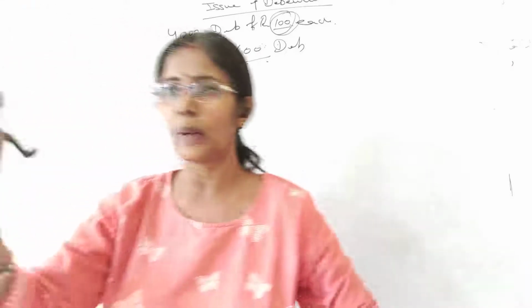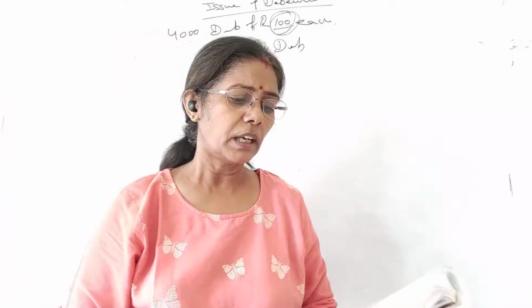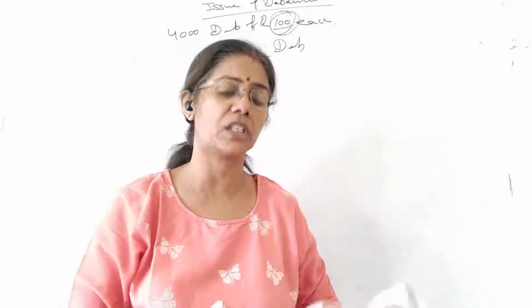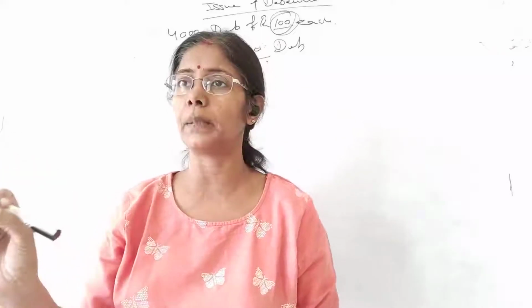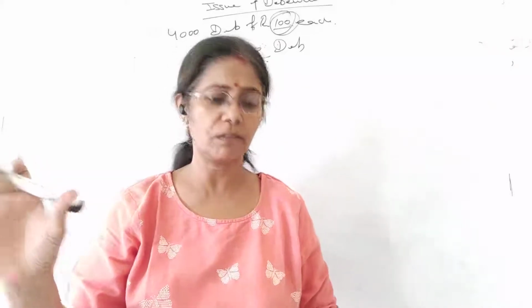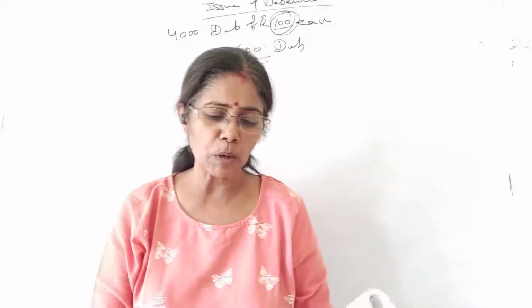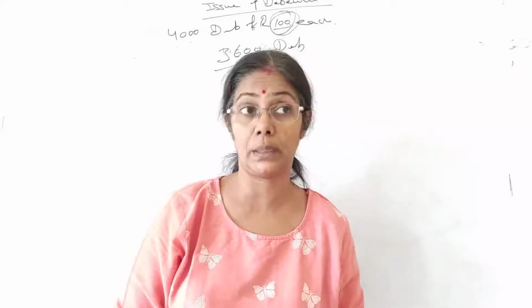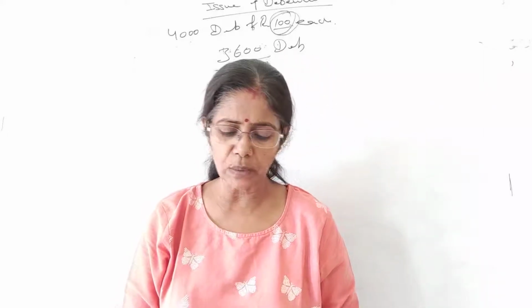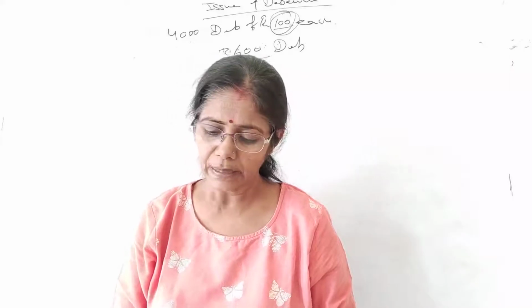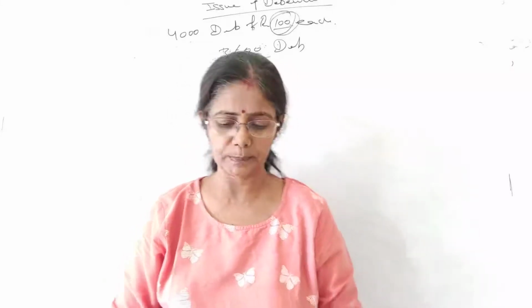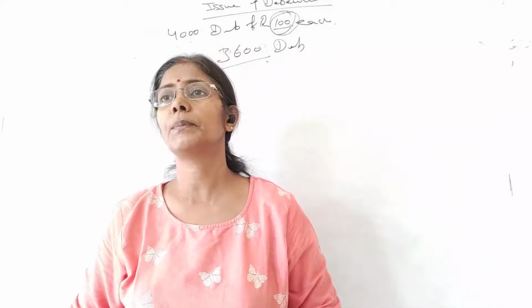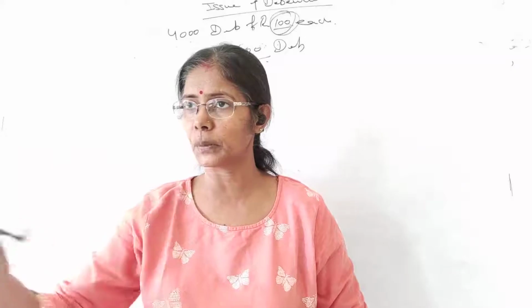So let's take a small question. Illustration number 6. Nav Lakshmi Limited invited applications for 3,000 12% debentures of ₹100 each at a premium of 50 per debenture. Please be attentive, we have 5 minutes only. Full amount was payable on application. Applications were received for 4,000 debentures. Applications for 1,000 debentures were rejected and application money was refunded. Debentures were allotted to the remaining applicants. Be attentive, the statement should be clear.